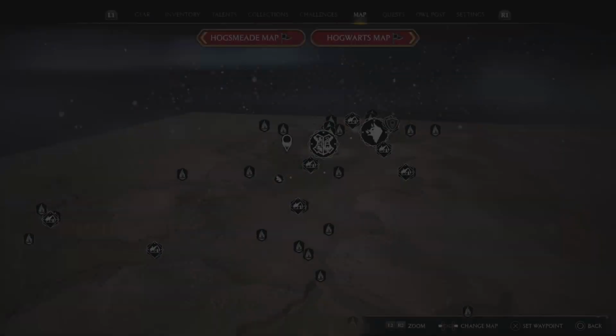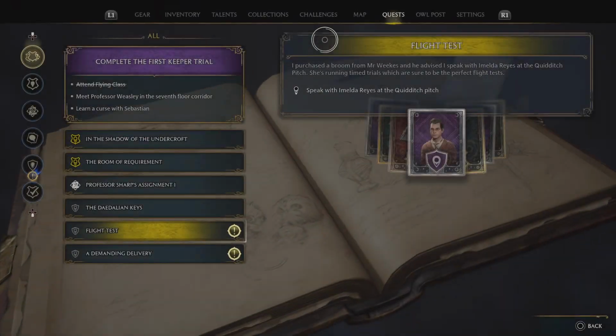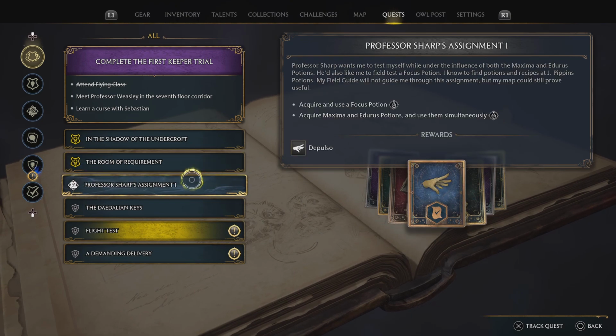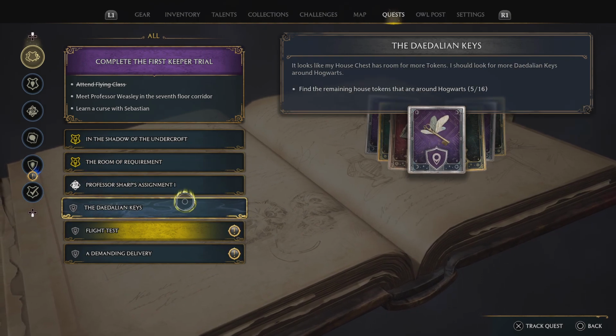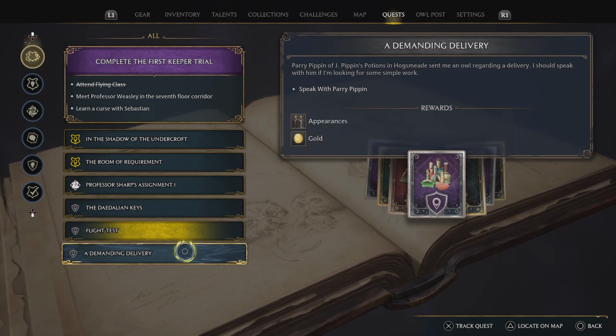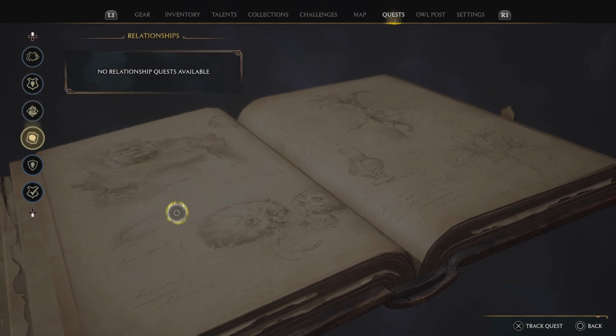Where am I going? Oh, let's actually do something useful now. Let's go to the quest. Let's see. Meet Sebastian. Meet with Professor Weasley. Depulso. Find the remaining house. Nope. Flight test. Speak with Imelda Reyes. Nope. Speak with Perry Pippin. Appearances in gold. Didn't I...